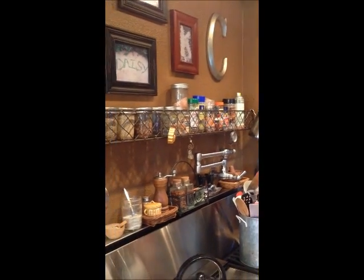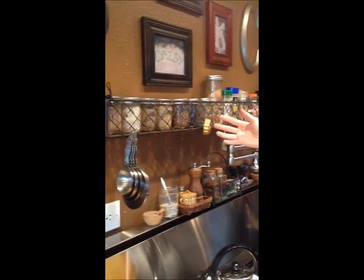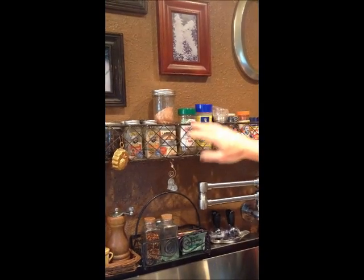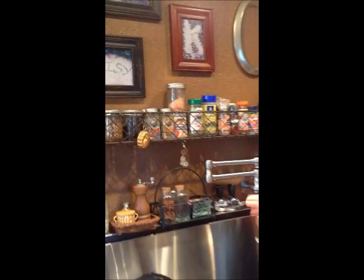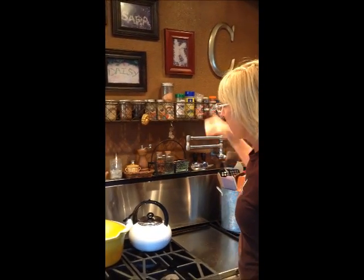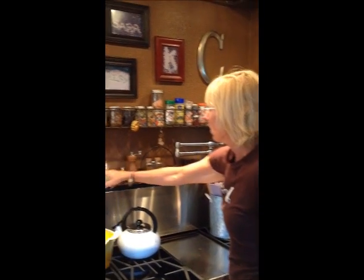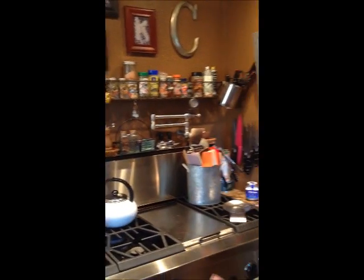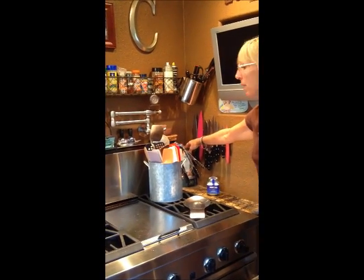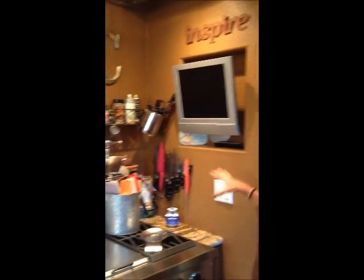I've got all my spices above. Now because this is above my hot oven, I have everything in glass jars. The few things that aren't in glass jars, this is plastic, is sitting inside of a glass jar so it doesn't melt. I've got lots of different choices. I make little blends. This is a salt and pepper blend that I have for taking and sprinkling. This is salt. This is pepper by itself. So I'm really set up. I've got some olive oil over here that I'm going to saute probably with. So I just want you to see how you need to make your kitchen more efficient,